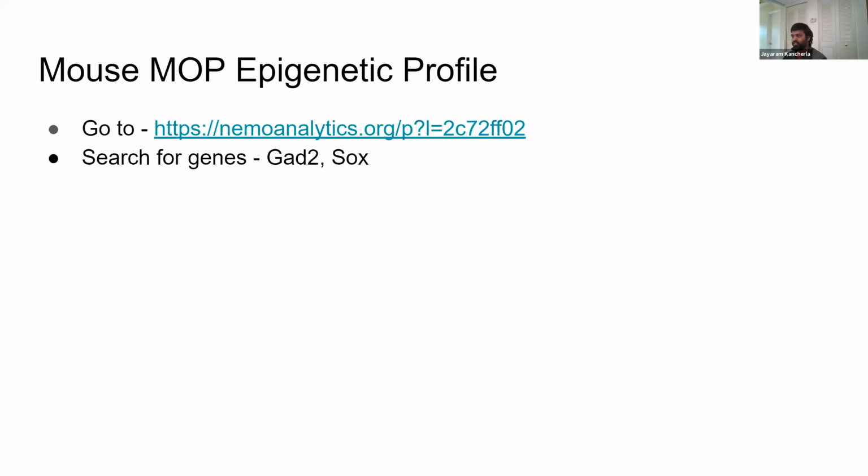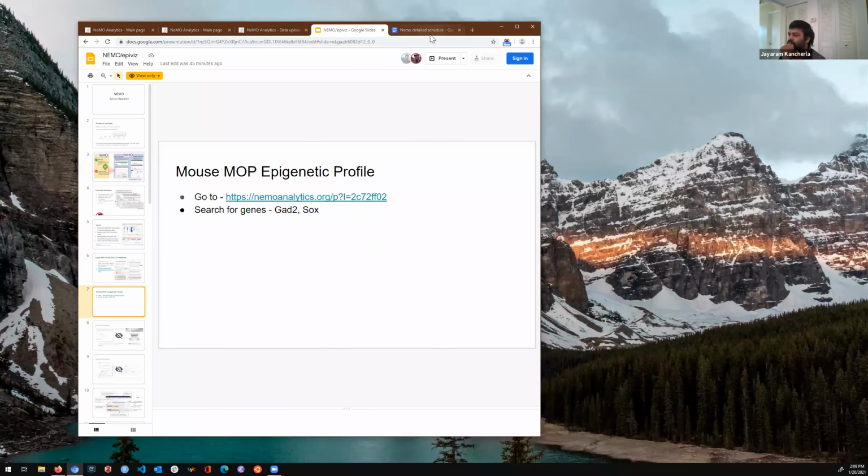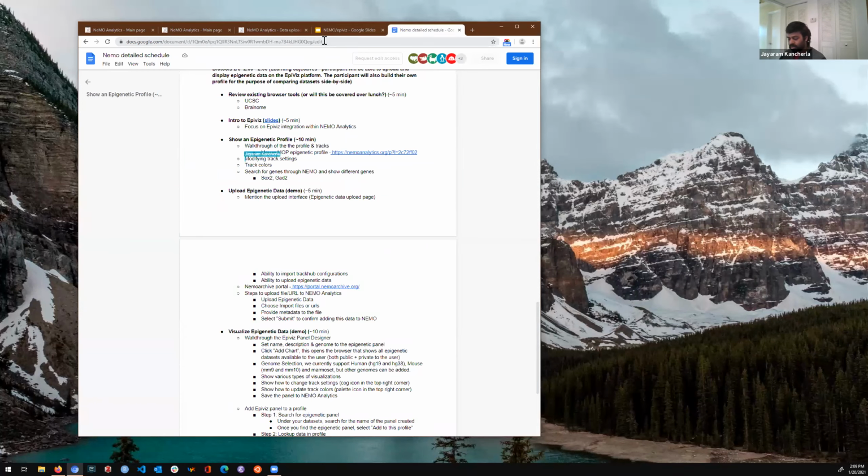Second, I'm going to actually walk through this profile that is actually available on Nemo. So if everyone has linked to either the outline document, which I'm going to post in the chat. There's a link to the epigenetic profile, and if you click on it,